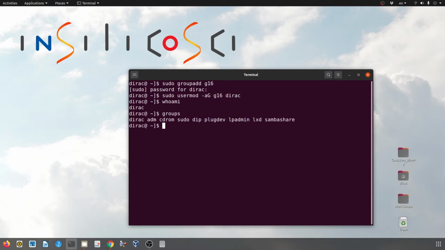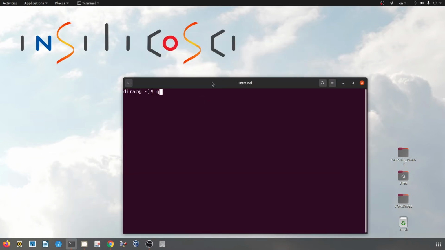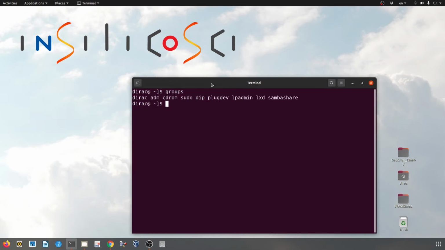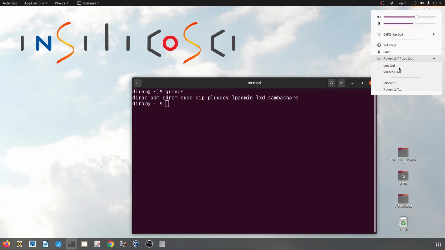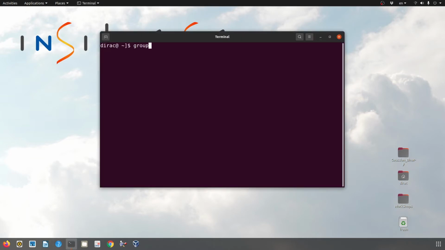To fix this, first I restart the terminal and open a new window, then groups, and still I can't see any G16. And if it doesn't fix the problem, just restart the system. Okay, now I've restarted the computer, and now we can see G16 in the output of the groups command.